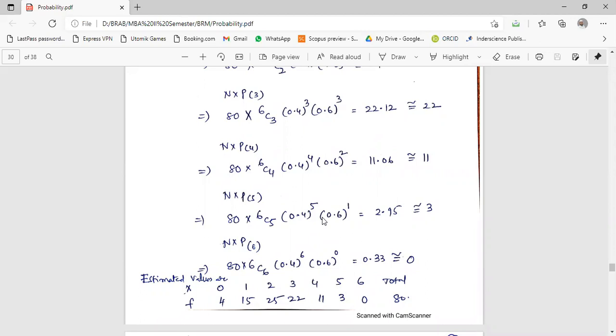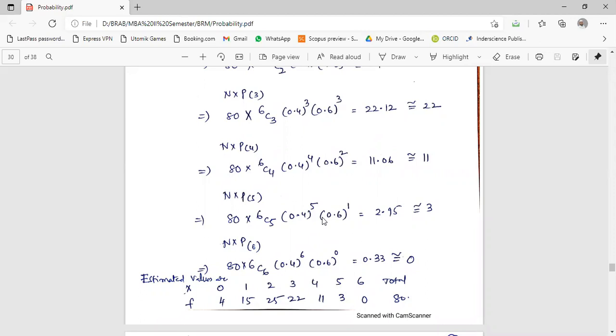You can also observe one trend. In case of probability of success 0.4, it starts with 1 and when you are ending the problem, it goes to the maximum, 0.4 whole power 6. Now the failure probability starts with the highest number, and finally when you end the problem, it comes to 0. So then the problem is closed. Now you have calculated the estimated probabilities, and you have to fit them to check whether the data given is correct or not. We are checking the reliability of the numbers.